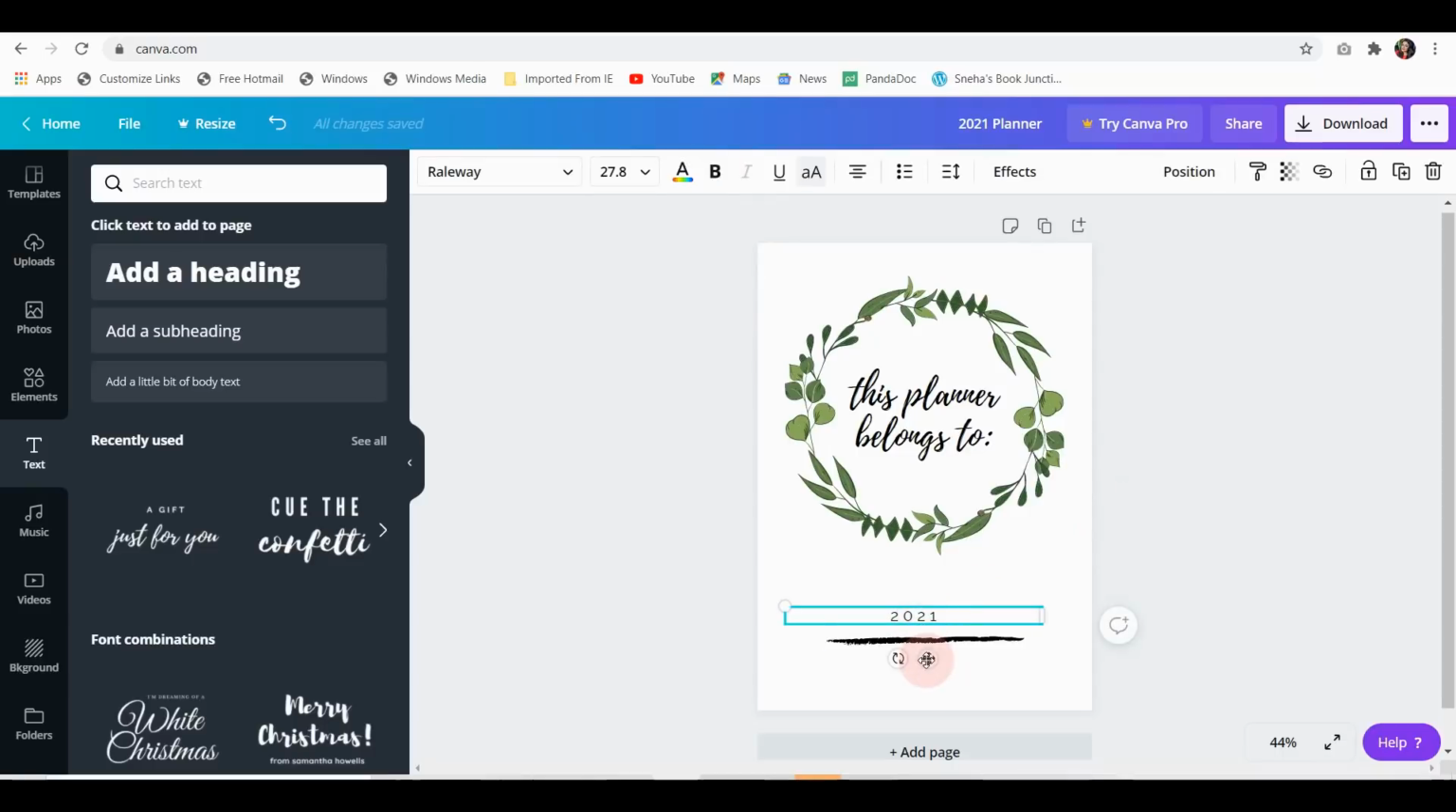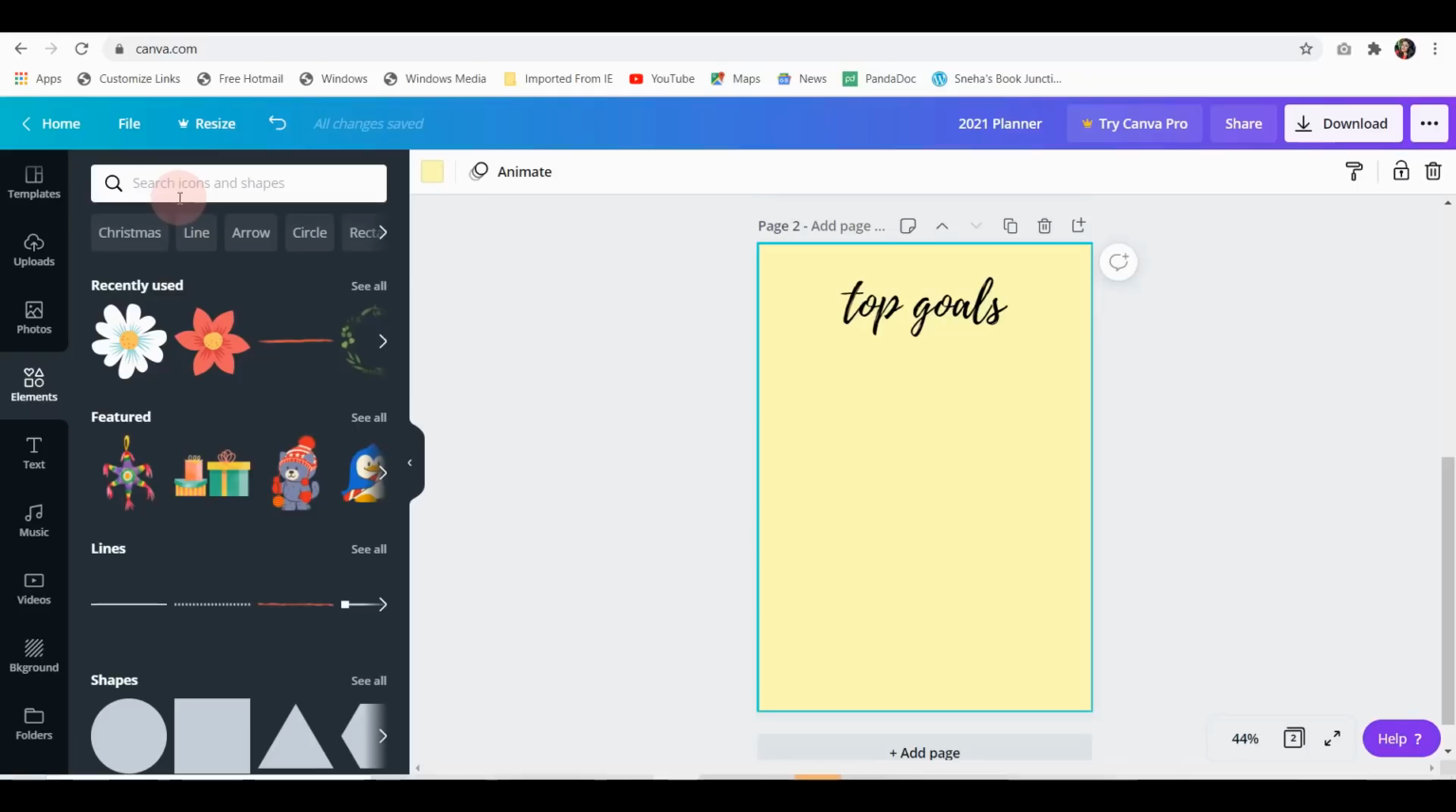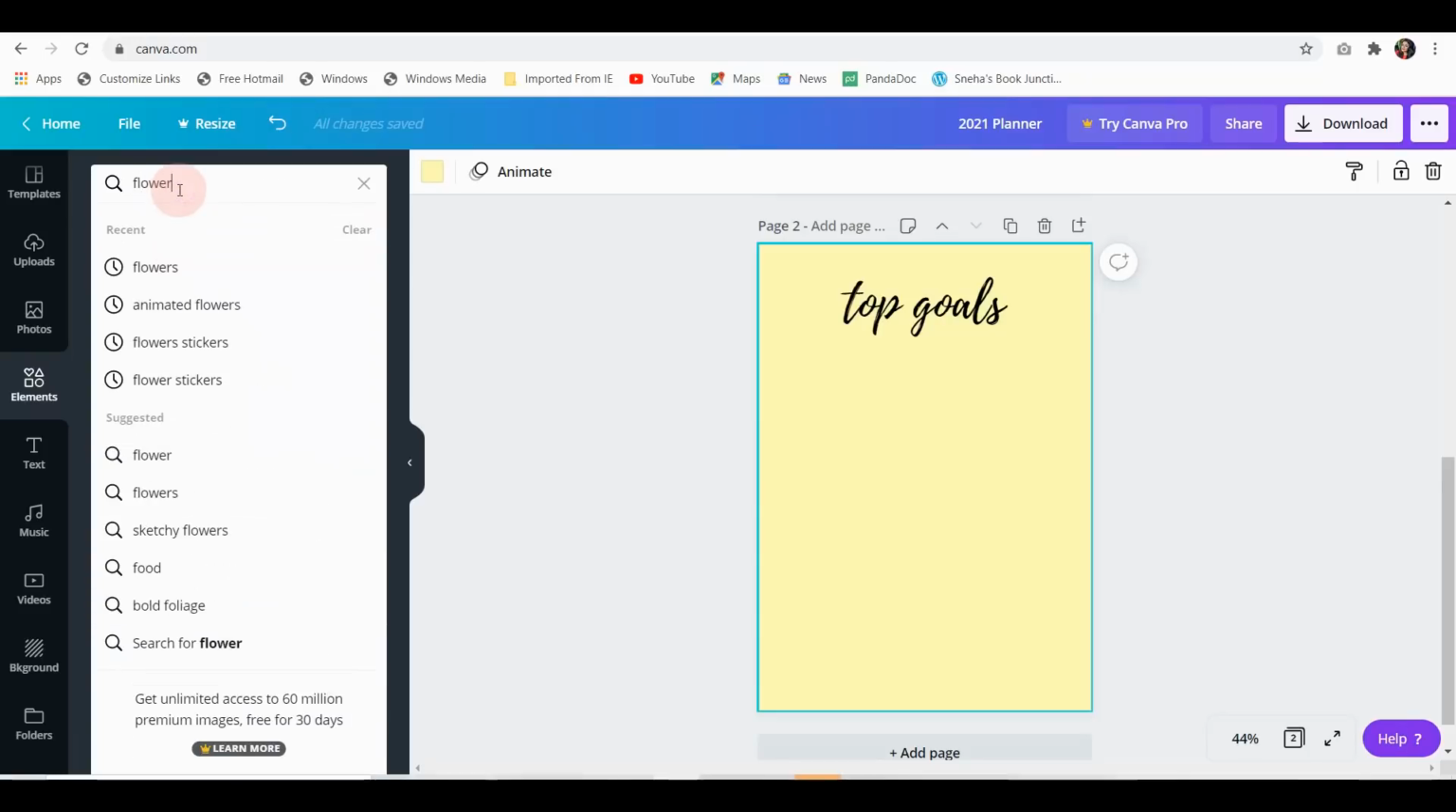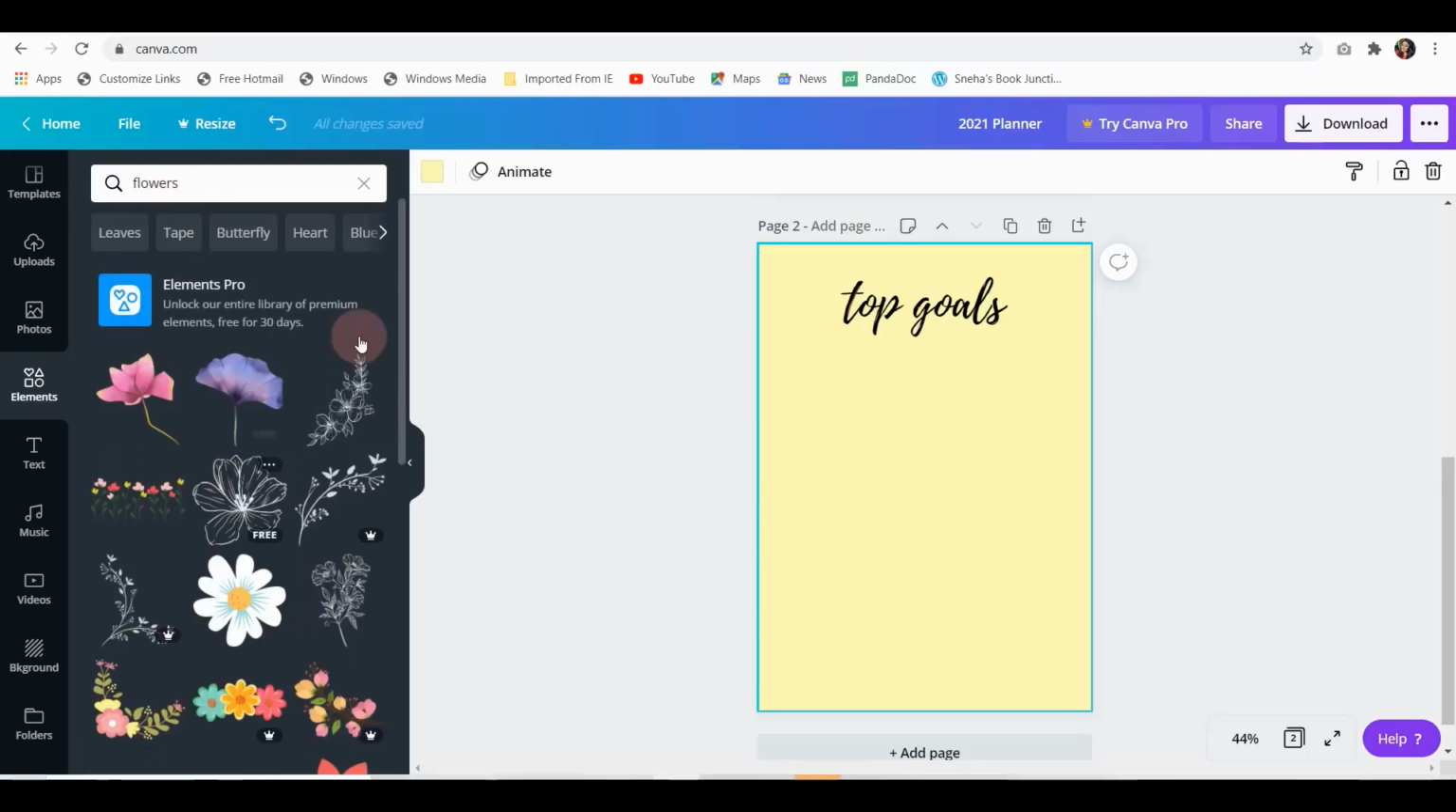You can totally skip it if you want, but I really like the idea of the year being written. So this is our first page and I think it looks really great. Now we will go to the second page, which is all about the top goals,